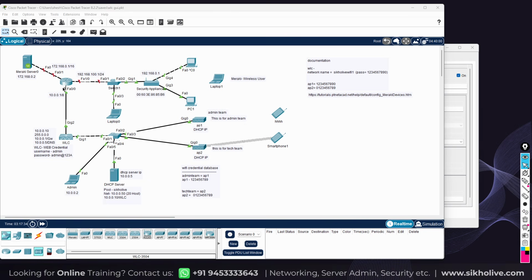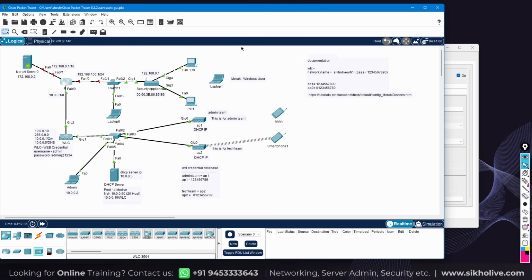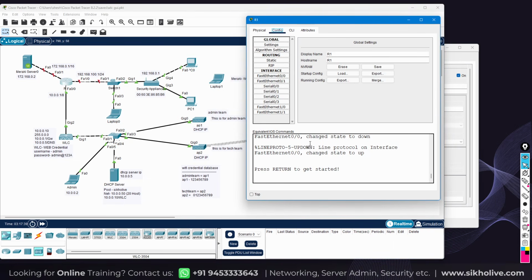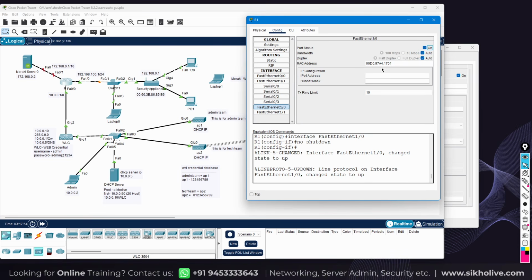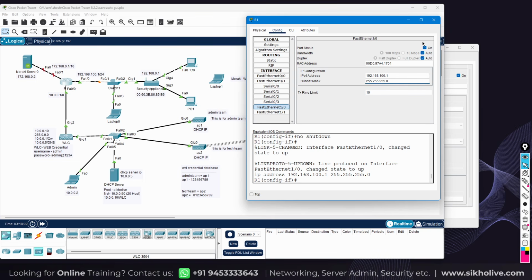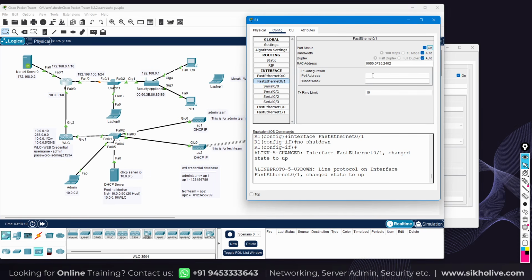Okay, so first of all, I'm going to assign the IP address and other details for this router. So you can start configuration using the configuration box. I'm going to assign the IP address for this interface, which is FA1/0, and let me turn it on, and the IP address is 192.168.100.1. Okay, and then the subnet mask, turn it on, and then the IP address for F0/1, let me turn it on, and then the IP address is